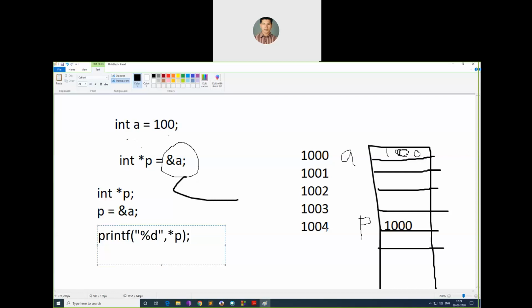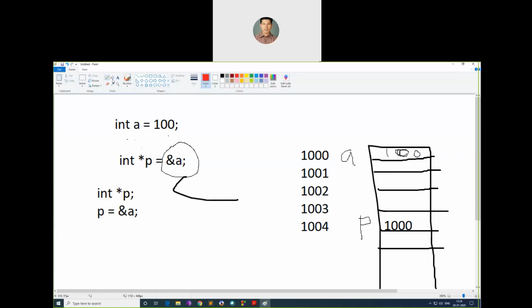You go to the 1000th location, and the value 100 is read and printed. So a = 100, and *p is also equal to 100, because p = &a.